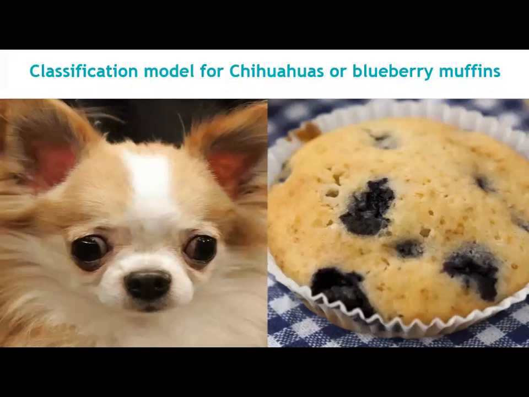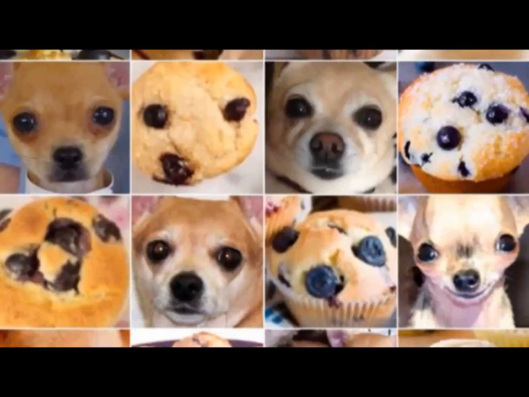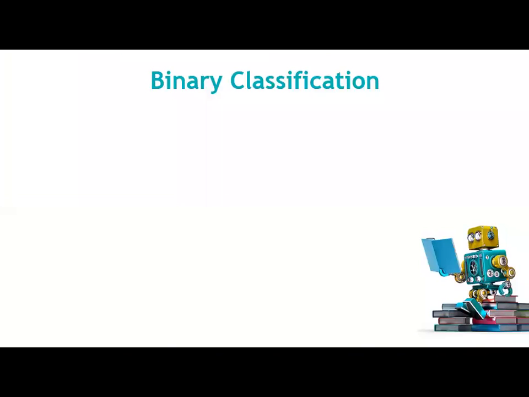But when I have a number of images with me, are you able to identify them? How will the computer identify? They are almost similar. When we go through them one by one, the computer sees them as almost similar. You can also observe that when you look once, it takes a fraction of a second to tell whether it is a muffin or an animal. So this type of task is binary classification. We have only two classes.